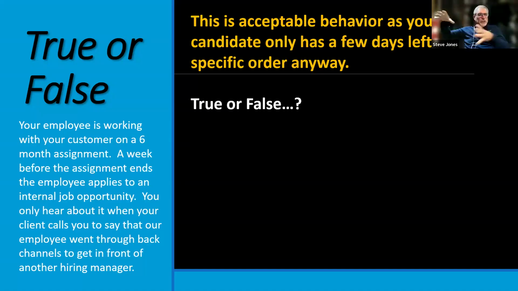Were we going to hurt the candidate's chances of getting the job so that we could keep them working for us at another customer on another job site? Were we going to try to hurt the candidate's chances by going to get the job order from the other department and fill it with one of our other candidates? And we're going to use this confidential information to cause harm to them for our own benefit. What were we going to do with this information? How were we going to handle it?